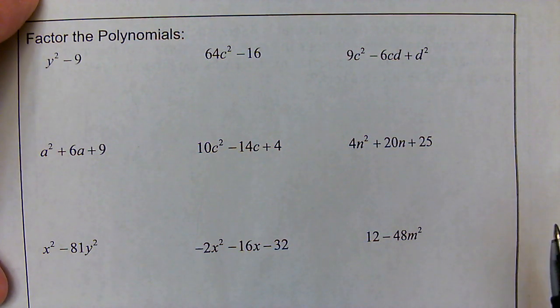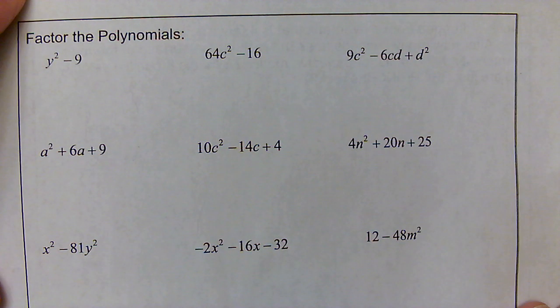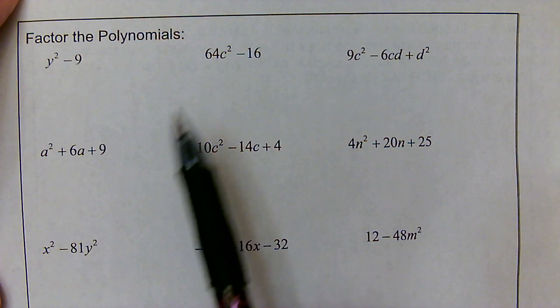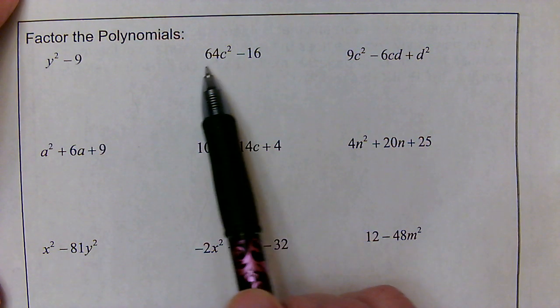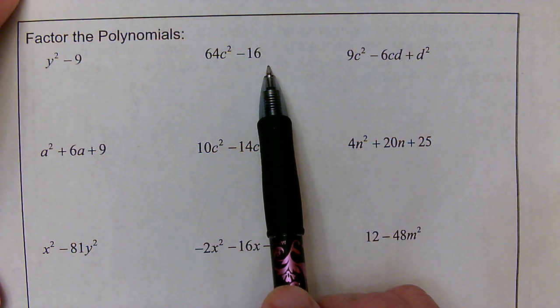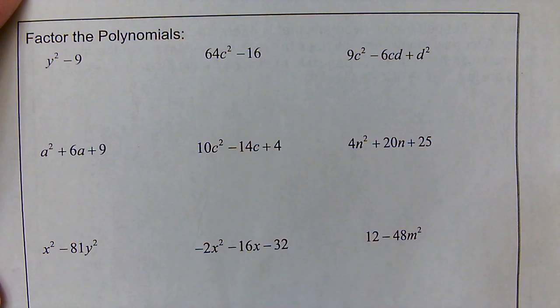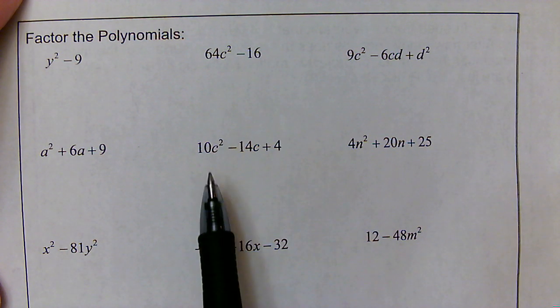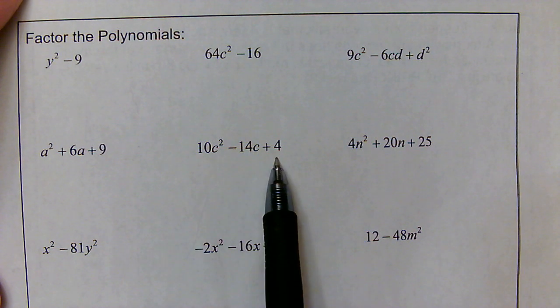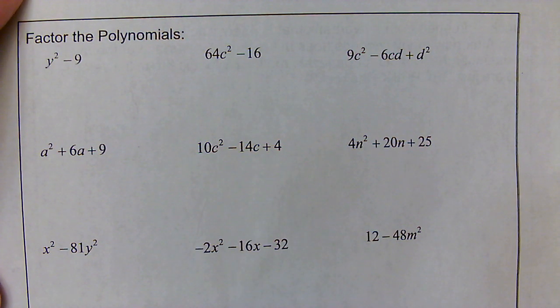Then you look for a common factor. Is there a number that will divide into both or all three terms? Looking at these problems just overall in general, here 64 and 16 will have a common factor, so I'll need to take that out first. Here 10, 14, and 4 all have a common factor because they're all even, so I'll have to take that out first. In this one, not only do I have a common factor of 2, but